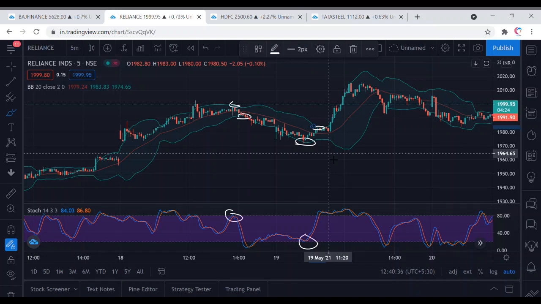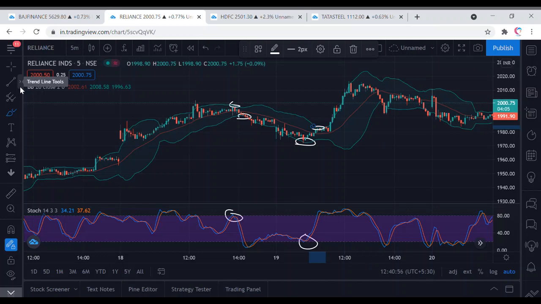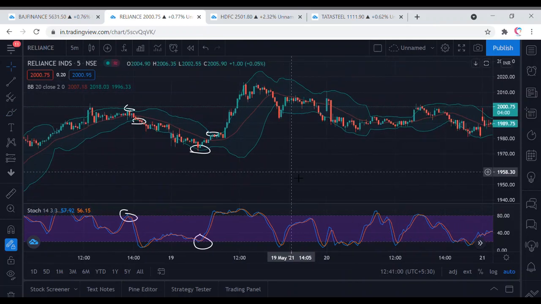Even if you're taking the trade for a longer time, if you are going long, whenever the price touches the upper Bollinger Band, you will have to get out of the long trade, and whenever the price touches the lower Bollinger Band, you will have to get out of the short trade. So that is your target. Your profit target is met. You will have to look for another trade in another stock.